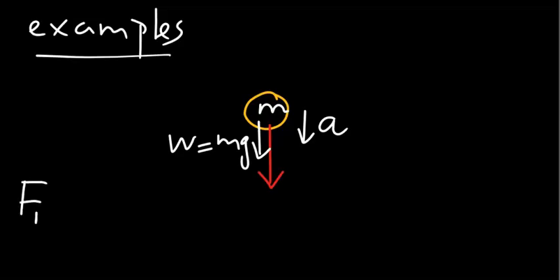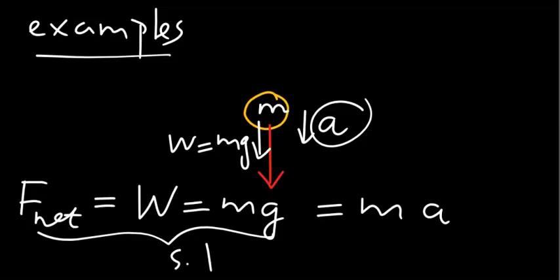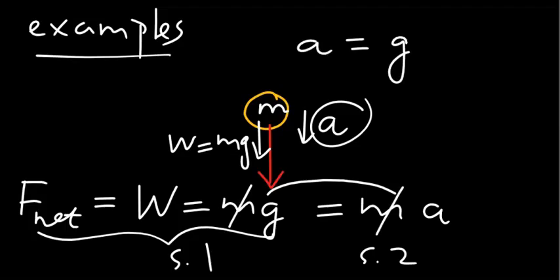So step 1 is determining the net force. The net force is, from this free body diagram, the weight, and that is just mg. So that is step 1. Step 2, equating this net force to ma, where a is the acceleration of this object. So that is step 2. The outcome from the simple analysis is, by equating these two terms, you see that the acceleration of this object is just the gravitational acceleration, which is 9.81